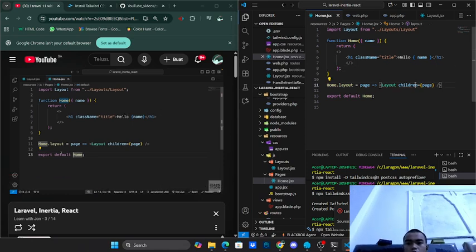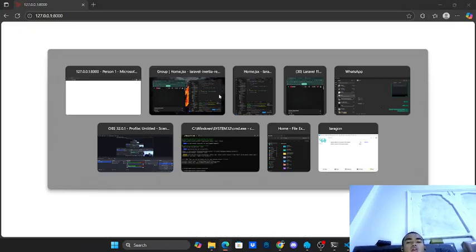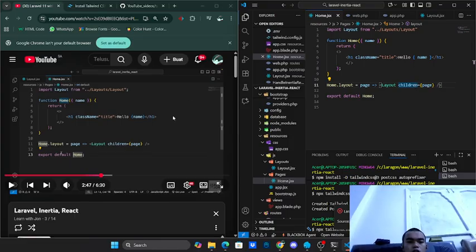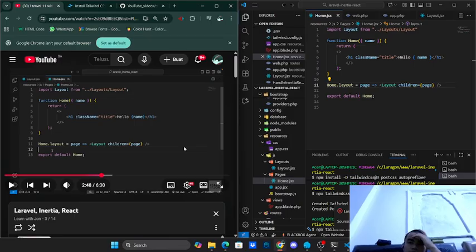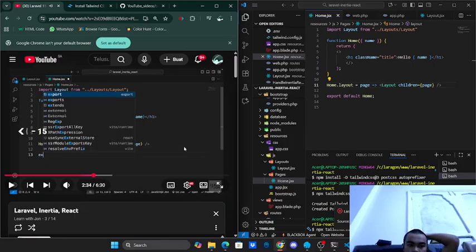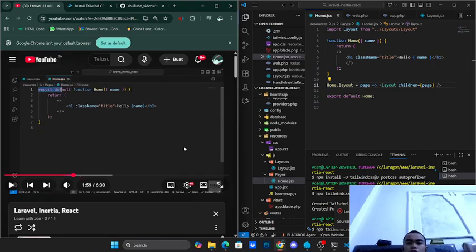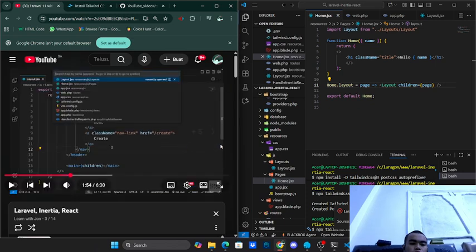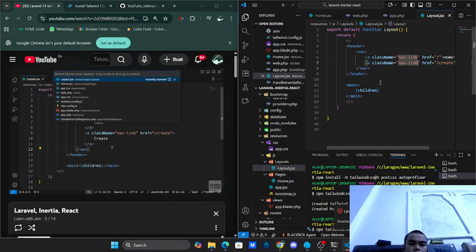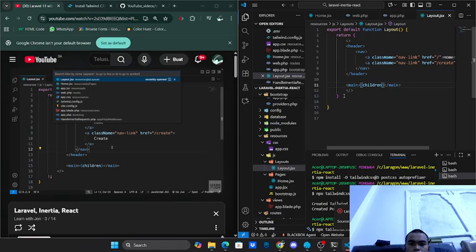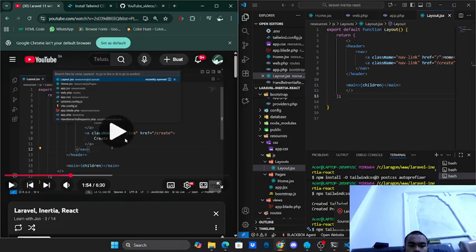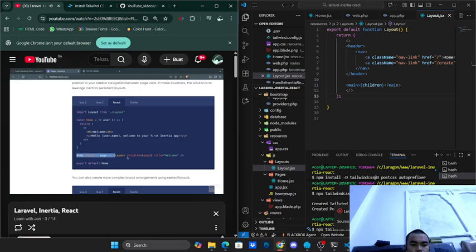Children typo. Okay, it works now. Ya Allah, still not working. Children. Patch. The first way, and we can repeat to set the layout to whatever layout we just created. So let's go back to our